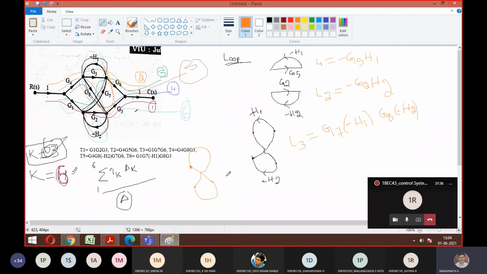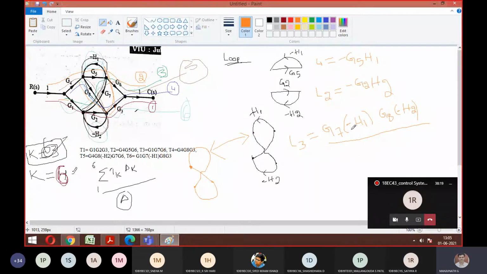Same, sir. Did everyone understand? See, even though it looks like 4 different loops, compare loop 3 and loop 4, guys. What we traced, is it the same diagram with the same value or same gain? Yes or no? So only G8 and G7 are interchanged; since it is a product, whether you write G8 G7 or G7 G8, it's the same. So whenever you find more than one loop of the same type, you can consider only one at a time. No need to consider both. If the loops are separate and different, then only consider them. Since L4 and L3 remain the same, I can pick any one. Is it clear to everyone?